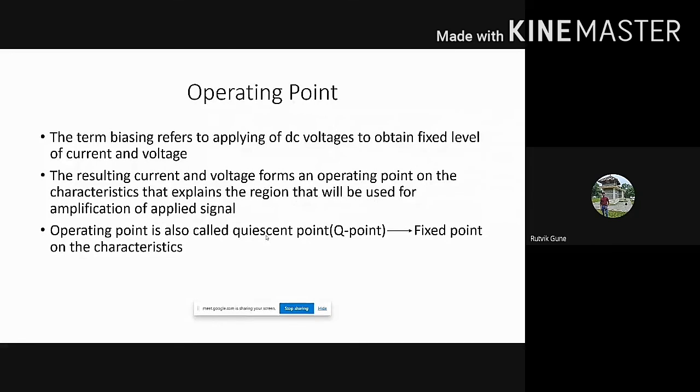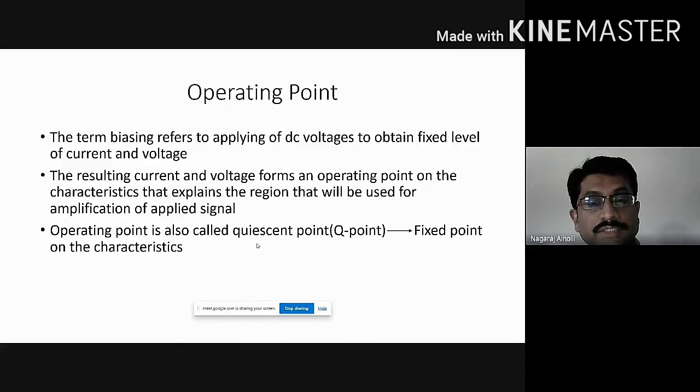Was it understood? So what all we discussed in today's class, students? We discussed an example, then we started with the bipolar junction transistor, its definition, and working of a bipolar junction transistor. Then we discussed in brief about the DC biasing. In the next class, we'll be discussing in detail about the operating point.